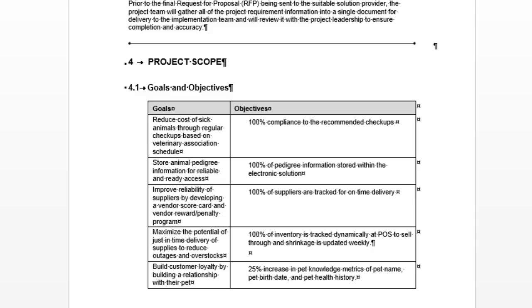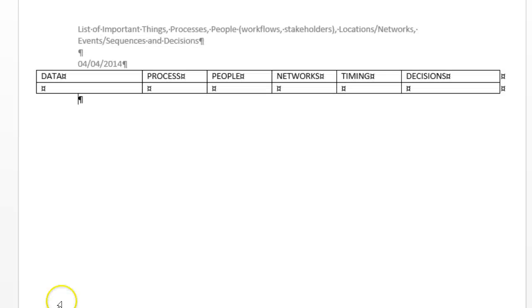So I'd like for you to utilize the same format in your work that you'll turn in, and just take a moment and begin thinking about the data that is making up our project, and then perhaps any processes that we've identified, the people that are going to be involved with doing the work, the networks or the locations that are going to be involved and the networks that support these locations, any timing or special sequences, and the decisions. So again, referring back to the project charter,